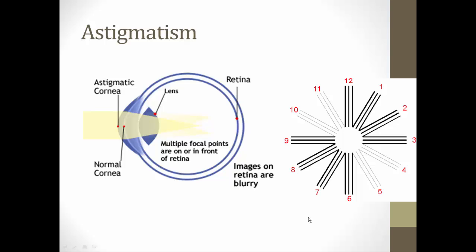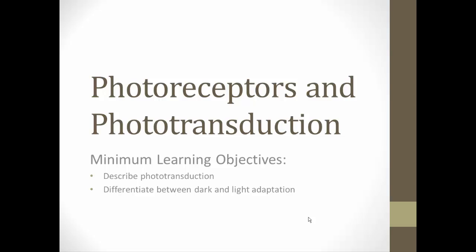All right, so that ends our optic unit. The next unit we'll look at is going to be on photoreceptors and phototransduction. Now that we have the light focused in on the retina, how do we convert those light rays, or the wavelengths of the light, into nerve impulses so that our brain can interpret what we see? All right,